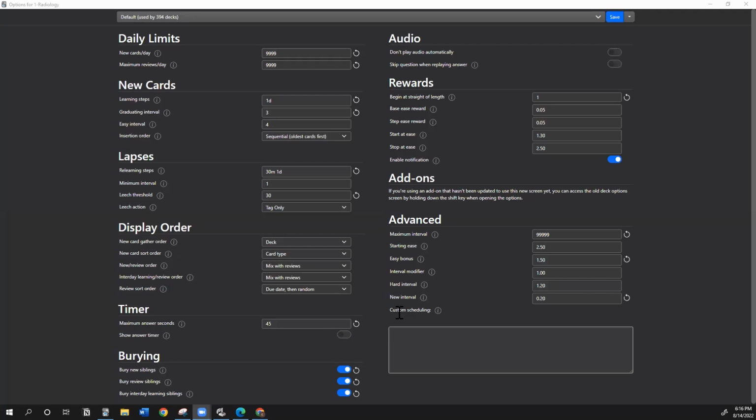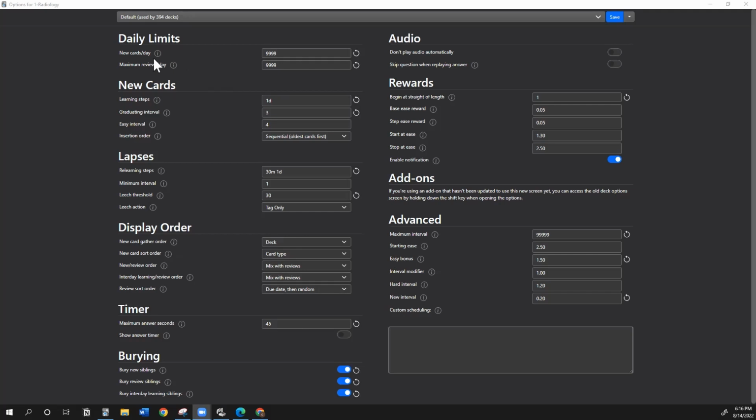Okay, then I also want to just talk quickly about the settings. I'm not going to go into super detail with this. I just want to show you what I have my stuff set at. The Anking does a really good job in a video that he made going through each of these and really explaining how it works. So I recommend if you want more info on that, just go check out his video. I just want to show you this so you see what I'm doing. And this is pretty much unchanged from the Anking. The only things that I think you really need to know, you can just copy these settings and you'll be completely fine. But if you want just a brief explanation, really kind of just starting from the top,